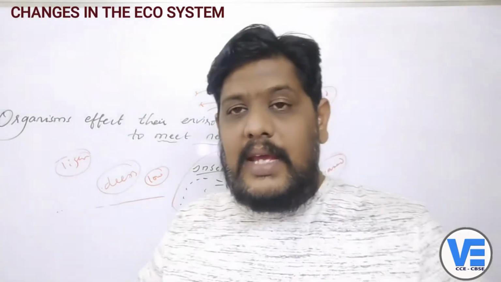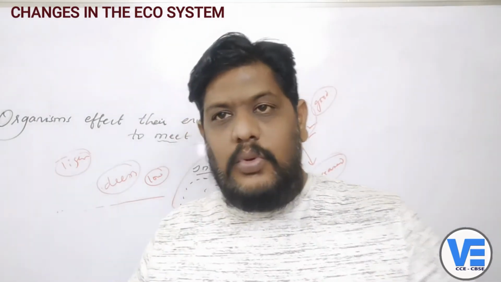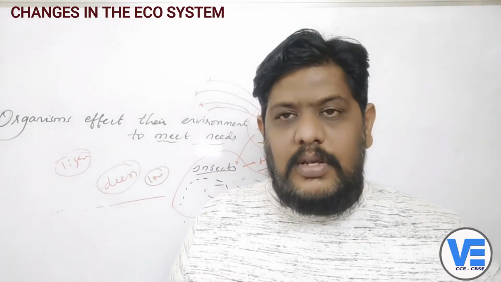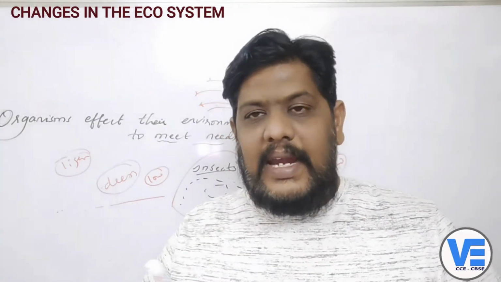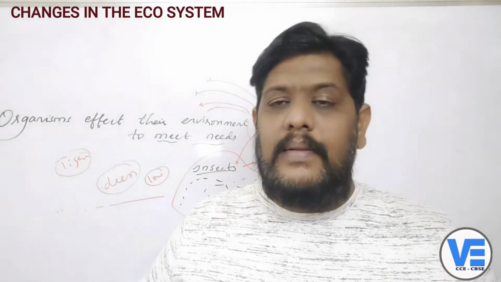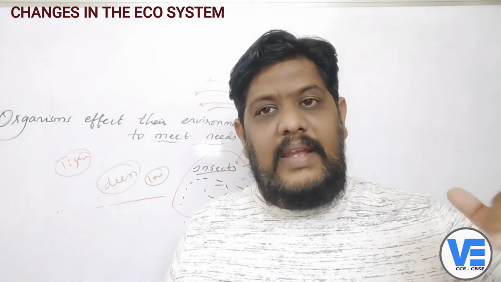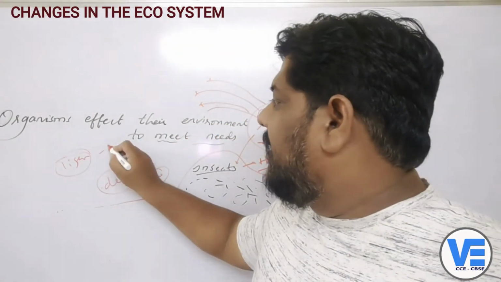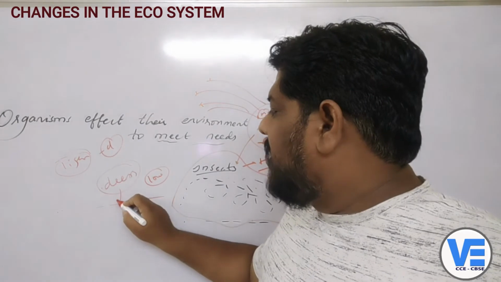Okay, now at this time the tigers have two choices, right? They have to survive because they need energy, they require food. So they will start fighting among themselves for the food. Ultimately some of the tigers will die, or some of the tigers will leave that habitat and go to some other place. As the number of tigers decreases, there is a very good chance for the number of deer